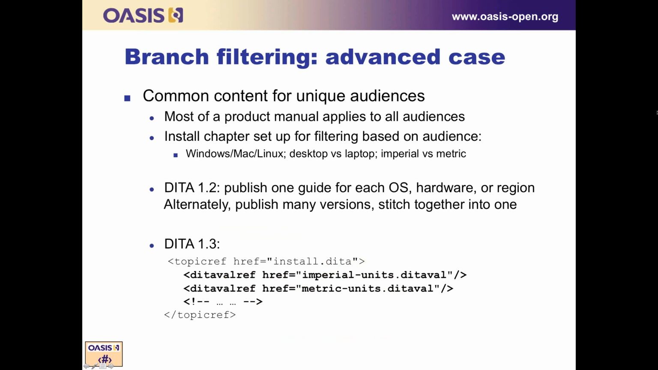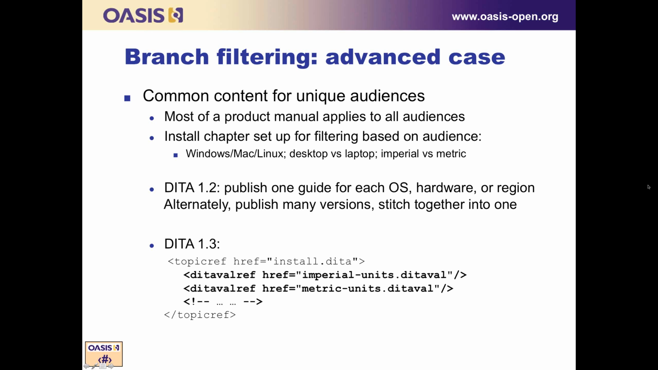There we go. For the advanced case, this is where you have common content that is for unique audiences. So this is when most of a product manual applies to all audiences, but a subset of the content applies to unique audiences. Now imagine you have a product manual where the how-to information, the learning information, and the troubleshooting applies to everybody, but you have an install chapter that ideally would be filtered for different audiences, either by operating system, by hardware, perhaps by region, where you need to filter once so that people have imperial units, and again